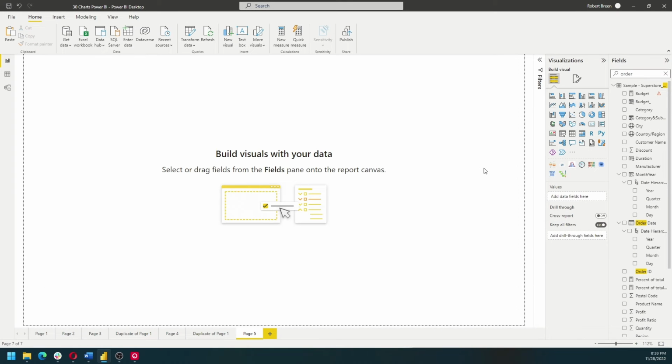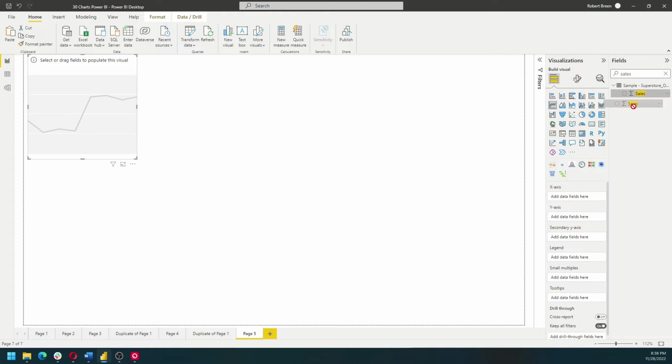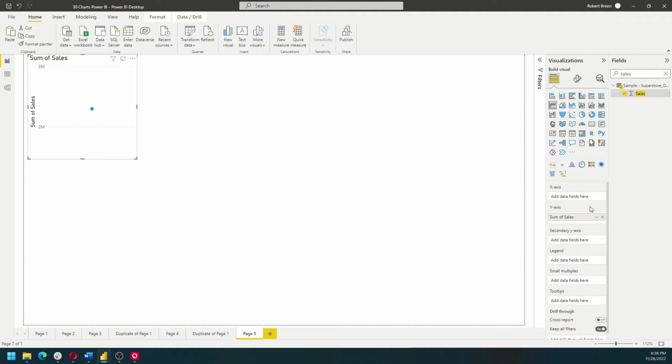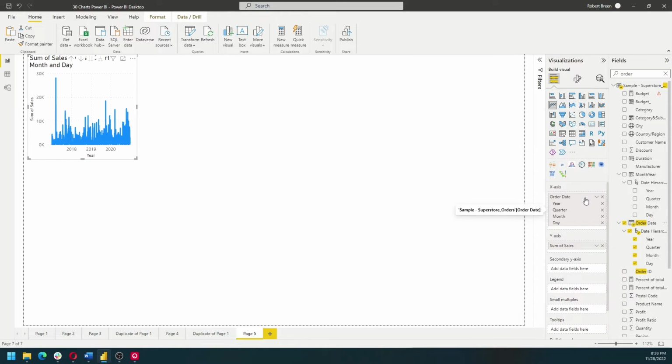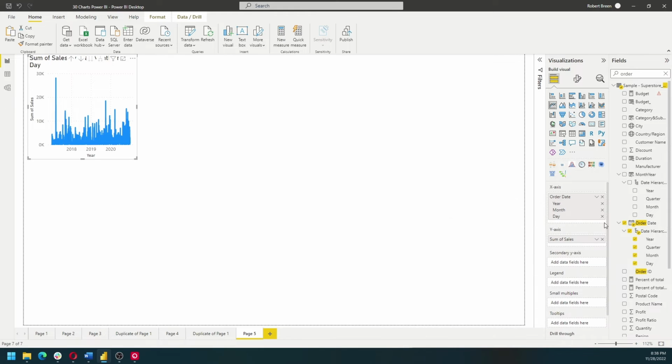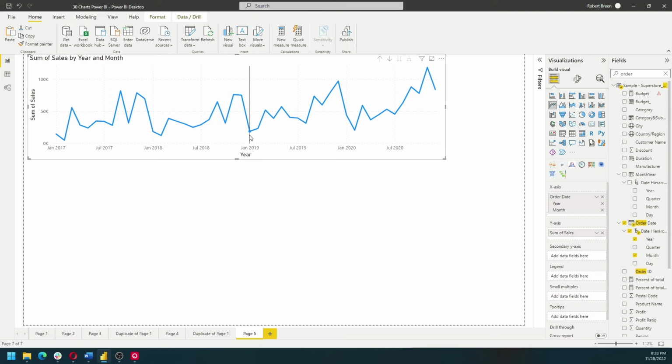In order to build a line chart by month and year, we're going to need a calculation. But let's start by clicking on the line chart option and bringing sales onto the y-axis and bringing order date onto the x-axis. Let's remove quarter and remove day. We don't need that much detail. You'll see that I get each month and year combo, but if I drill down,